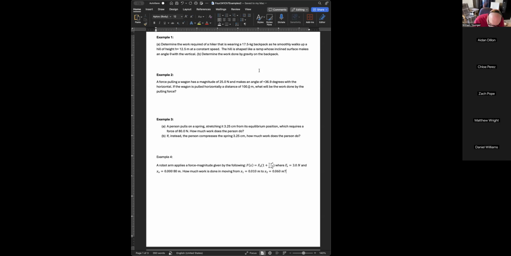And basically, what we're looking at as far as the backpack goes is we have a weight mg, and I'm still writing down the numbers. I know I'm not sharing with you yet, but that's okay. I'm doing it because I got to write down all the numbers first. I'm going to go ahead and multiply 17.5 times 9.8. That's 171.5